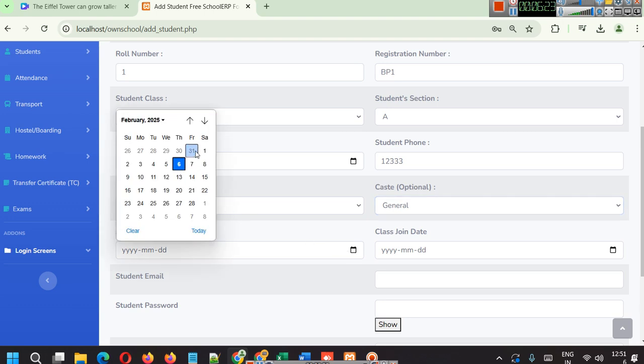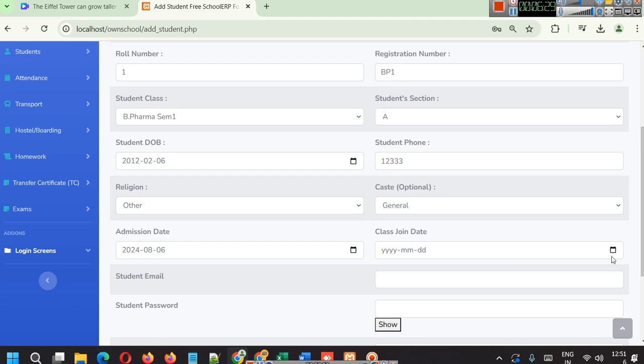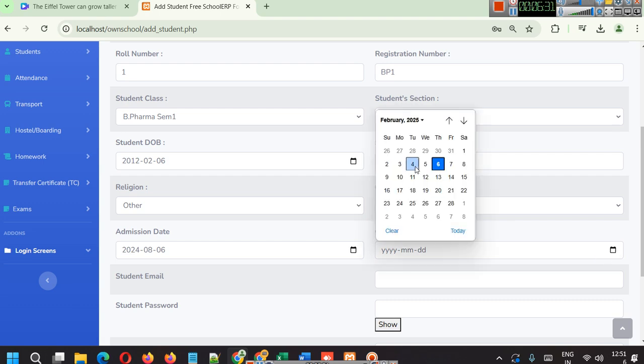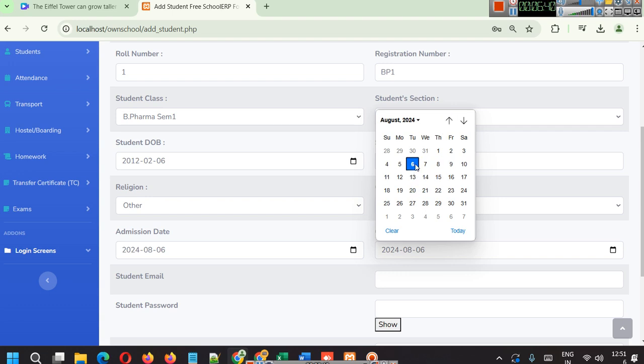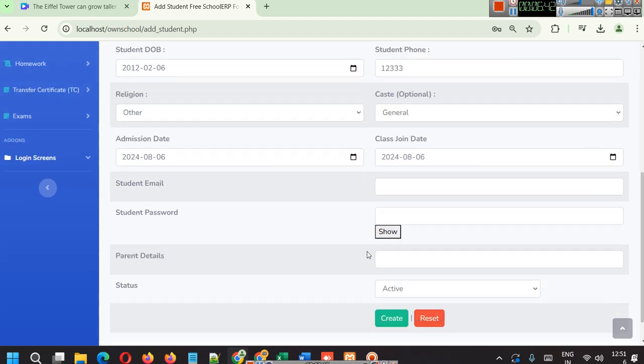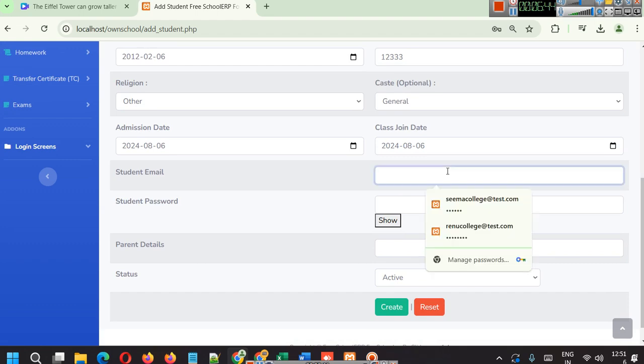So let's say they have taken admission in the month of August 2024. Their class join date, when have they joined the class. So because this is for first time, their class join date and admission date will be the same, and this is their student email. So test1 at test.com, or we can write something like test student,